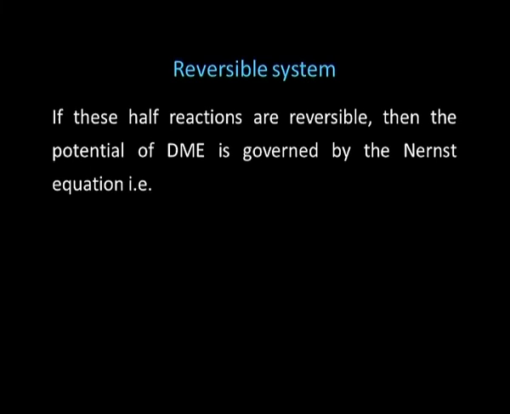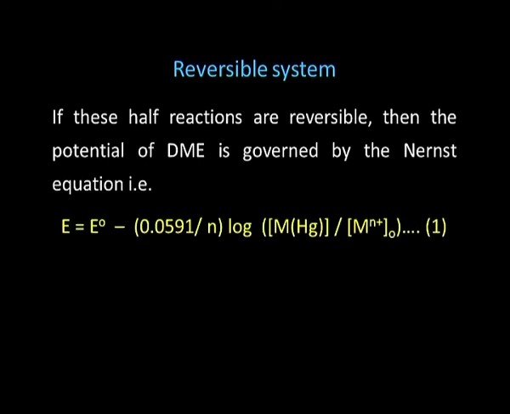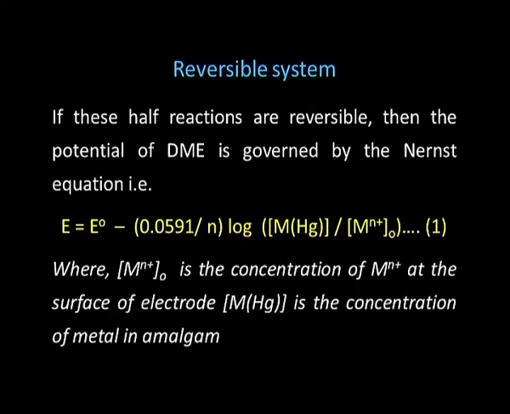If these half reactions are reversible, then the potential of the DME is governed by the Nernst equation, that is E is equal to E0 minus 0.0591 divided by n log [M(Hg)] divided by [Mn+]0, which indicates the concentration of metal ion at the surface of mercury, where [Mn+]0 is the concentration of Mn+ at the